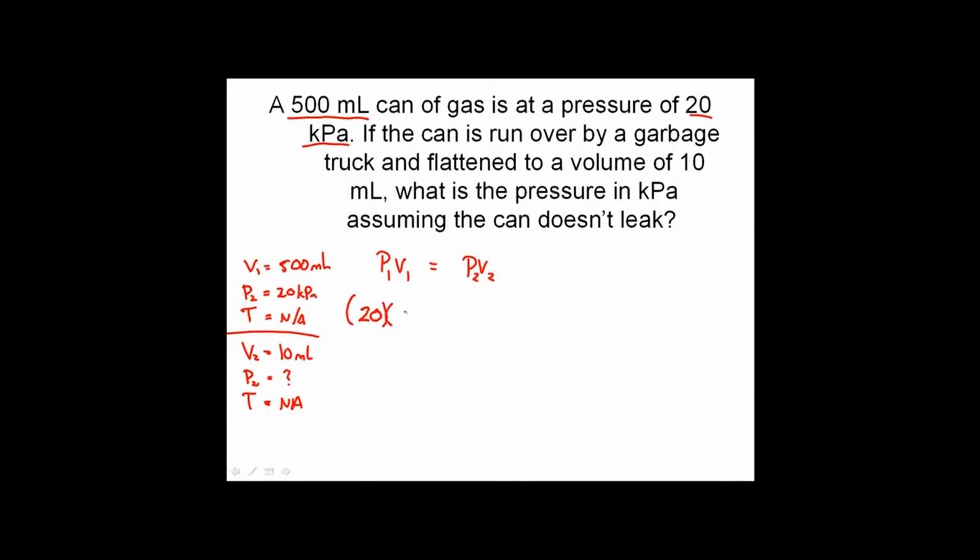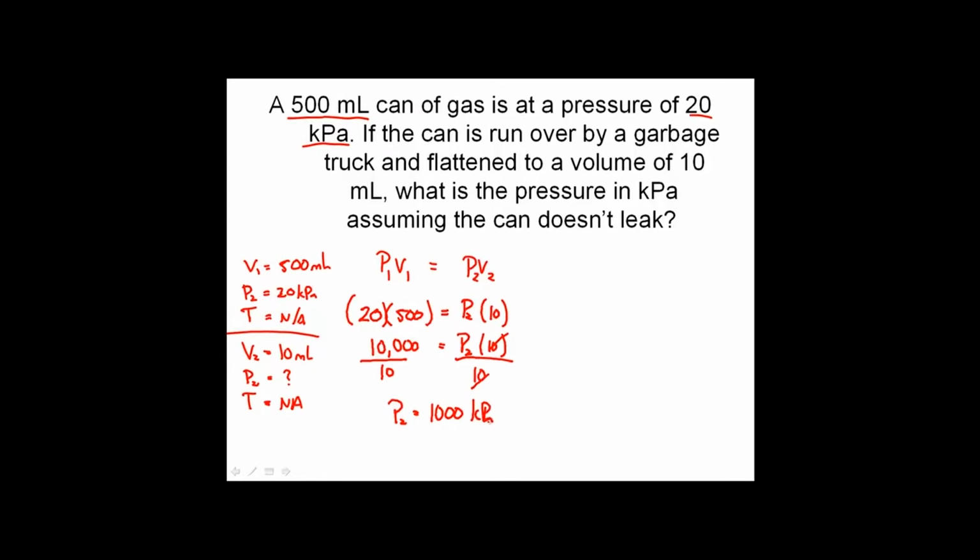Pressure is 20, and the volume is 500. And I'm going to speed things up. I know I should be writing units. I'm just going to speed it up by not doing that. The new pressure is going to be the question mark. What's my new pressure? And the new volume is going to be 10 mL. Okay, so really what we're looking at over here is multiply these two together, and we have 10,000 is going to equal the pressure 2 times 10. And if we divide both sides by 10, we end up with the pressure going to be 1,000